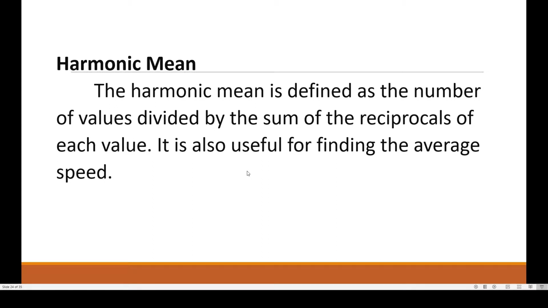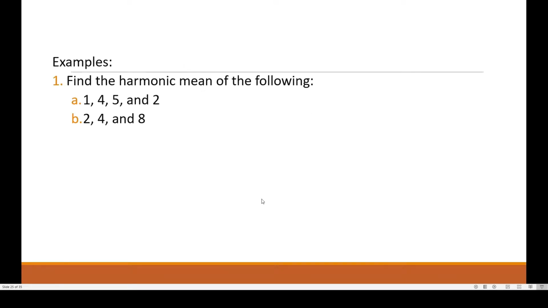So, harmonic mean. The harmonic mean is defined as the number of values divided by the sum of the reciprocals of each value. It is also useful for finding the average speed. So the formula for the harmonic mean is equal to n over the summation of 1 over x. So example, find the harmonic mean of the following. Letter A, 1, 4, 5, and 2. Letter B, 2, 4, and